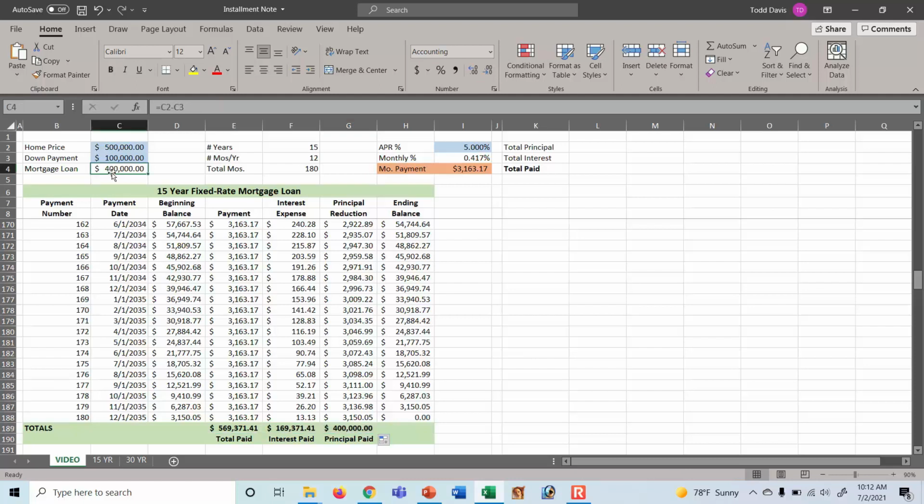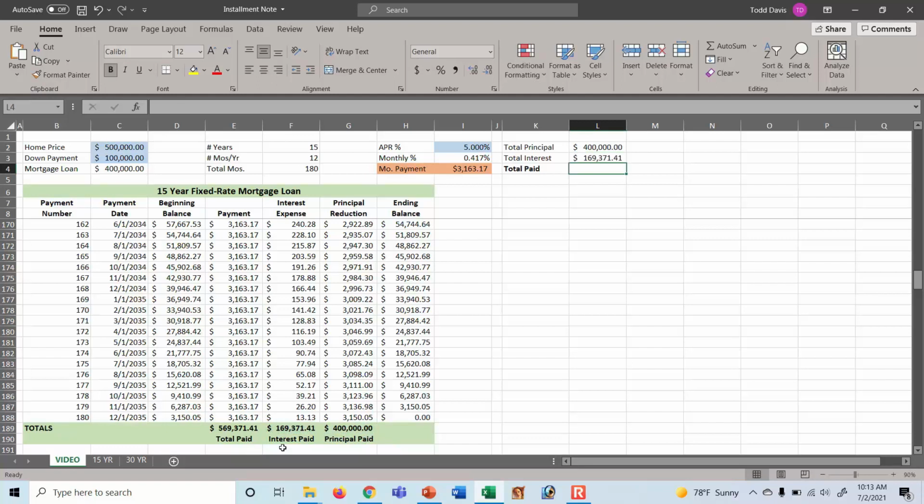If you go up to cell L2 now and click on that, we're going to bring the information from the bottom of the amortization schedule to the top. So click here and put equal sign, click in cell G189 and hit Enter. In cell L3, put an equal sign and reference cell F189.